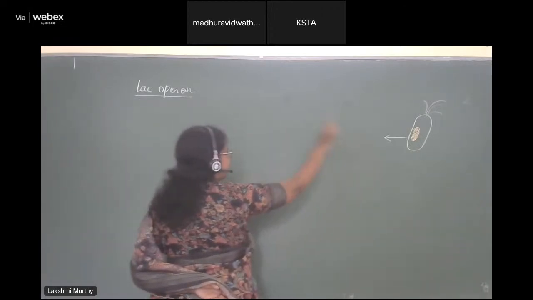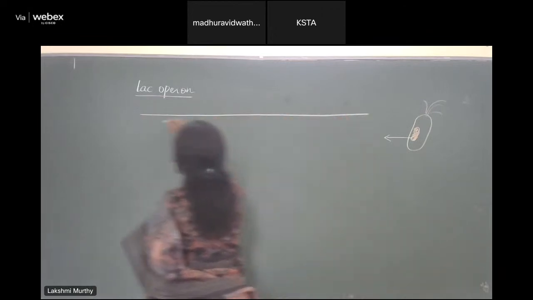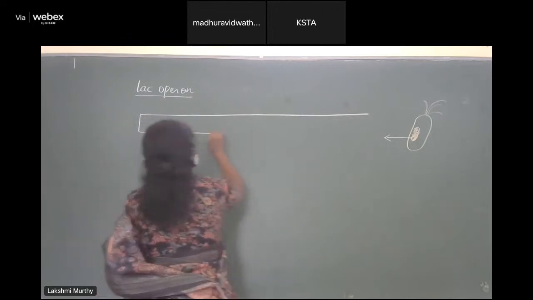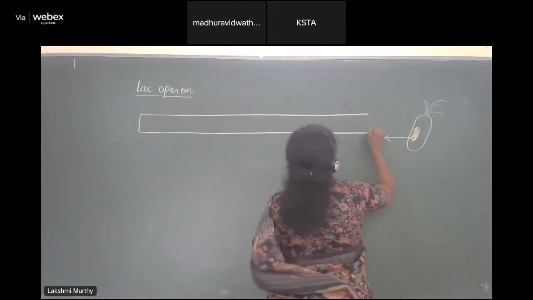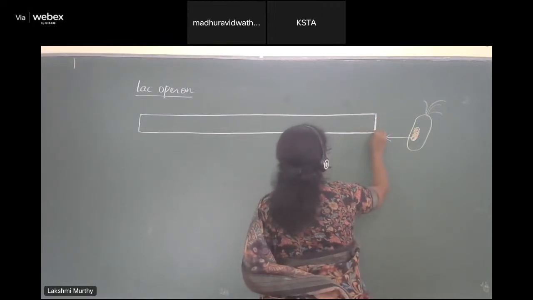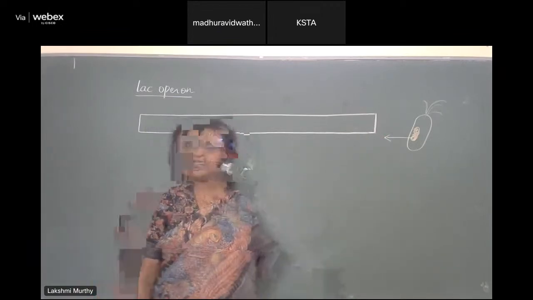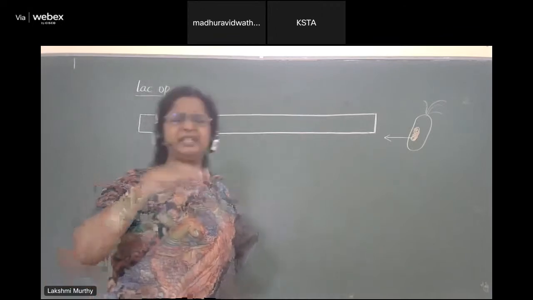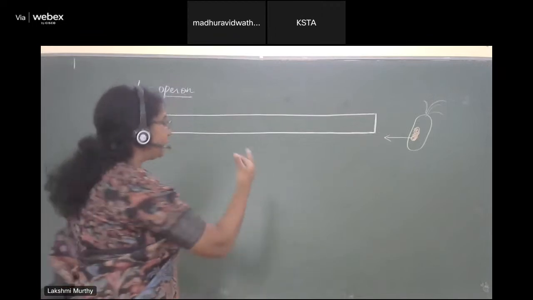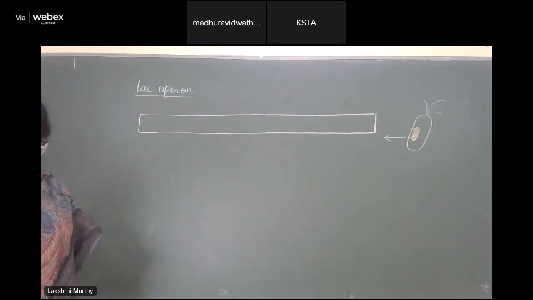So I'm taking part of that segment of DNA and I'm going to draw it here for you. I am showing it as a double line, mainly because you know that across the three domains, the five kingdoms, the genetic material is DNA, and it is always double-stranded. Very rarely, some of the polyphages may have single-stranded DNA. Because it is double-stranded DNA, I'm going to show it as two lines here for you.